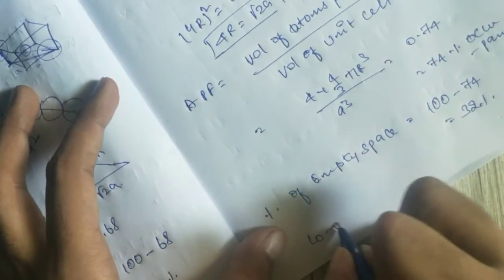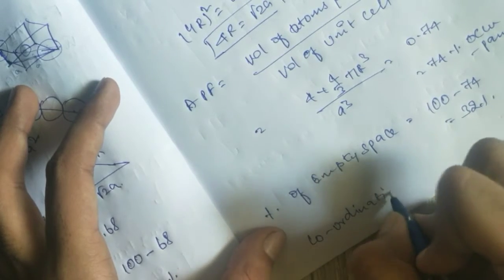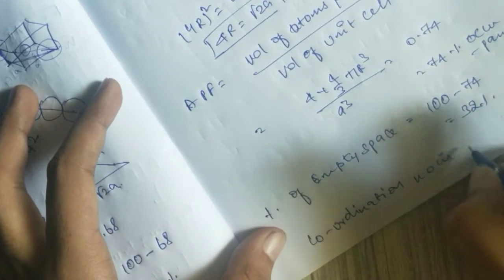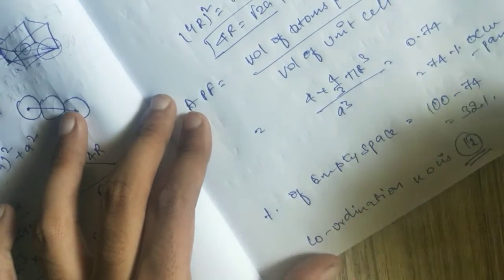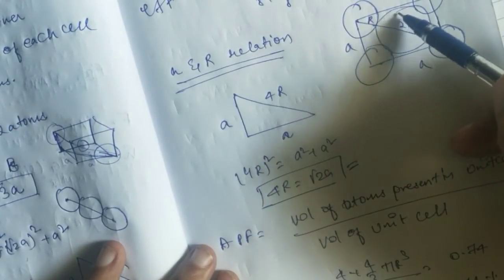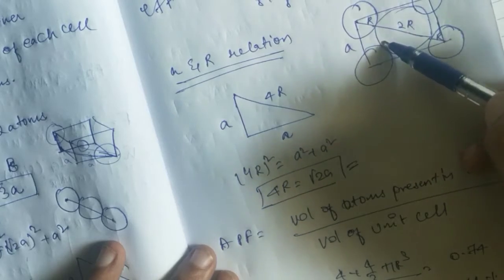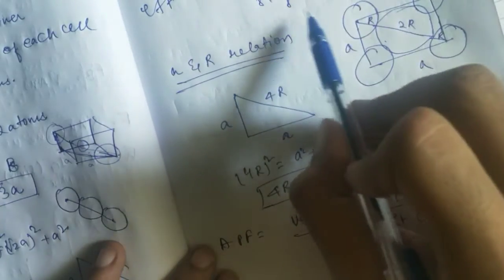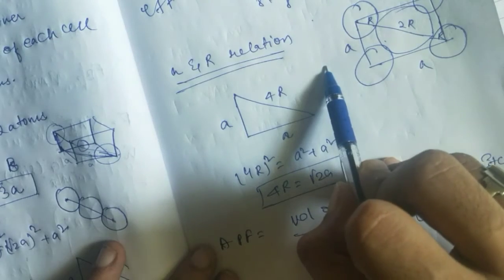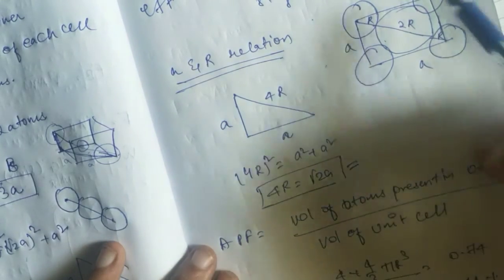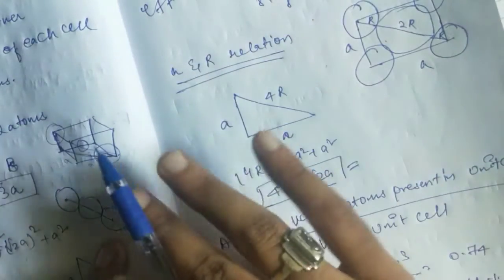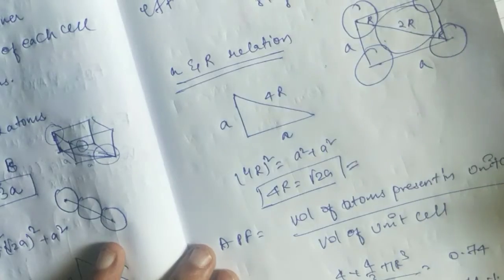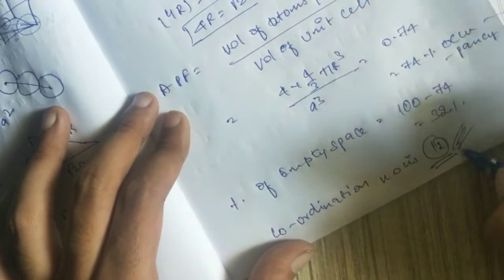Next, coordination number is 12. You think of this one clearly. Until or unless you visualize, you can't understand this. This atom is touching this face of this one, and this face 2, this face 3, this face 4, and 5 and 6. For one cube it is touching all the 6 faces. On the other side also there will be another 6, total 12. Even if you don't understand, no issue. You need to remember this value 12.